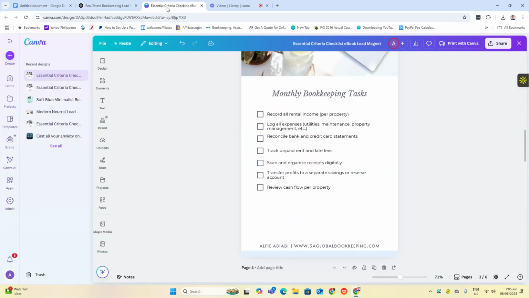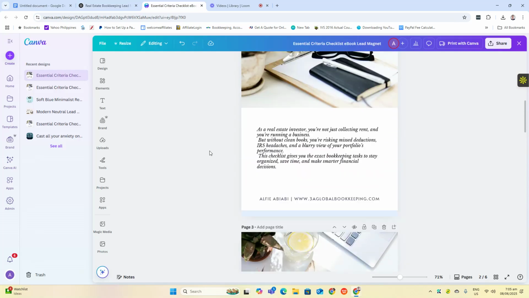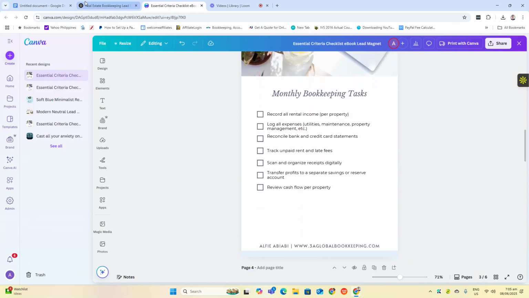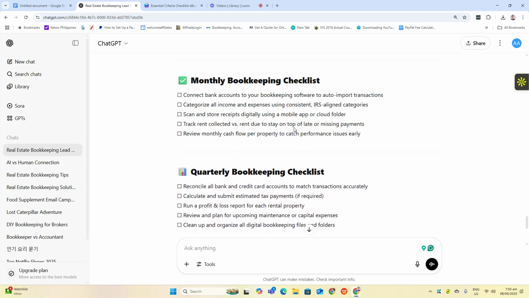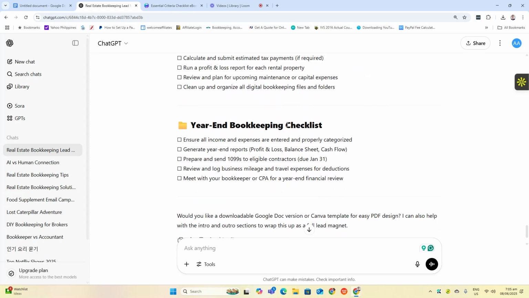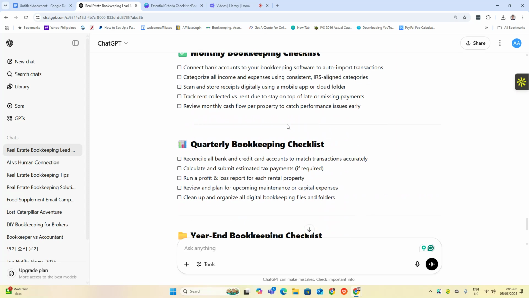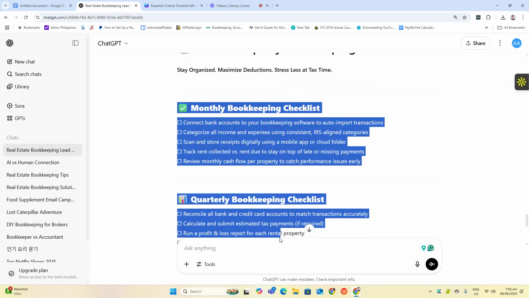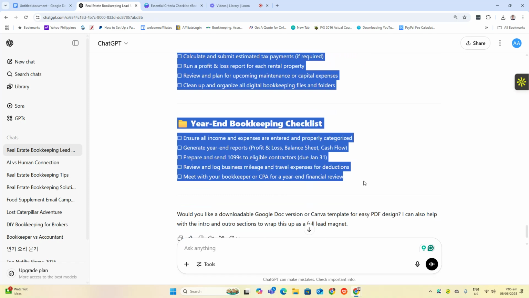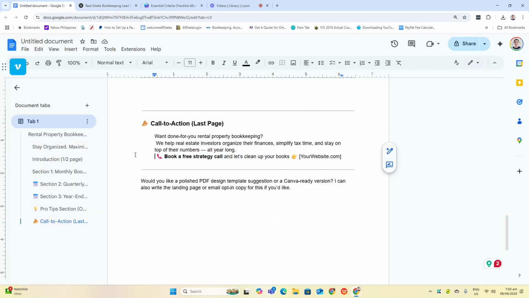Okay. So we have here reconcile IRS rental property. Okay. I'm going to copy this one.